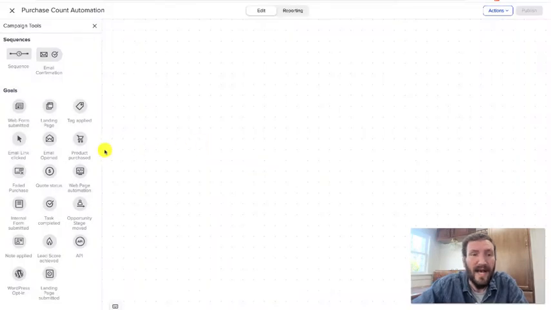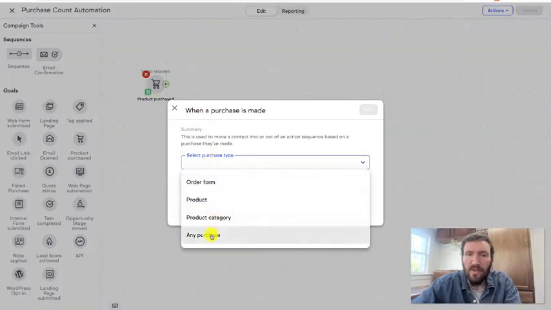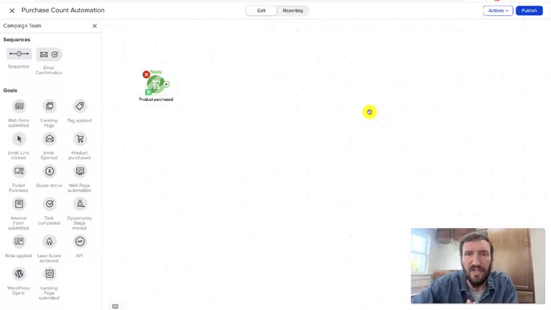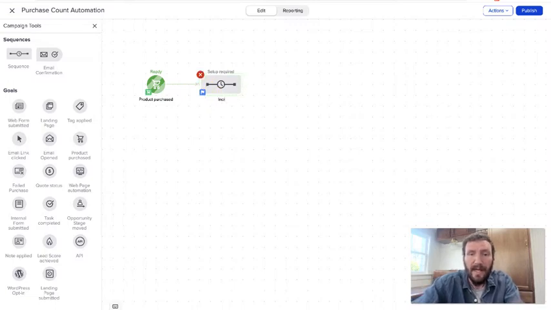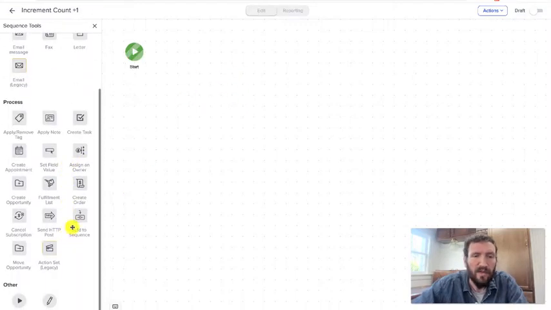Because I process purchases natively inside of Keap Max Classic, I can use a purchase goal. But if you don't use the e-commerce functions inside of Keap, then you could use like a tag applied or an API goal, however purchases are represented. And again, just to zoom out, this could be any event. So I'm counting purchases, but you could count whatever you like. So this will be increment count by one, and then we'll jump into here,